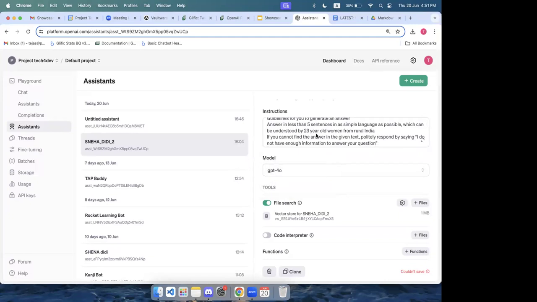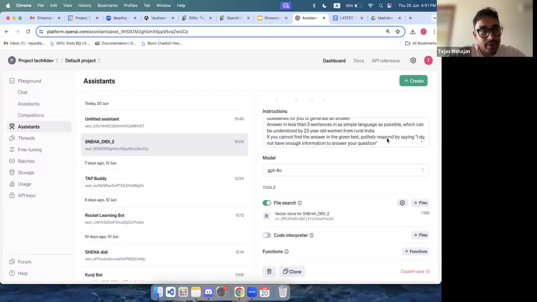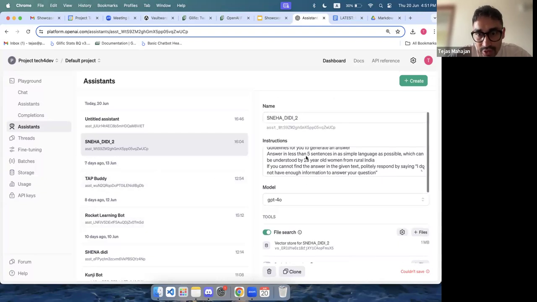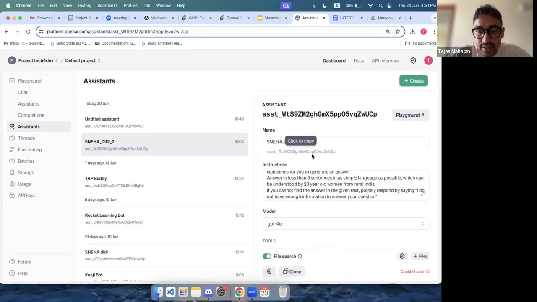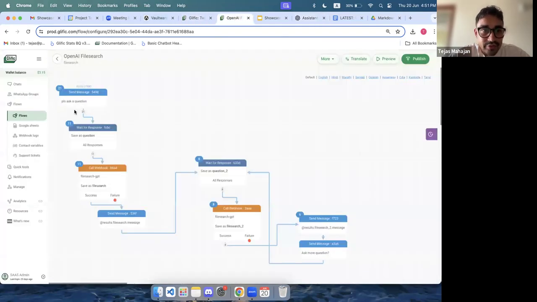Got it. Thanks. And I can see it says if the answer is not found, then... Yeah, so this is like prompt engineering 101, where we put guardrails on to handle these cases. Essentially that's what it is. So now we take this assistant ID, and in the Glyphic flow editor,